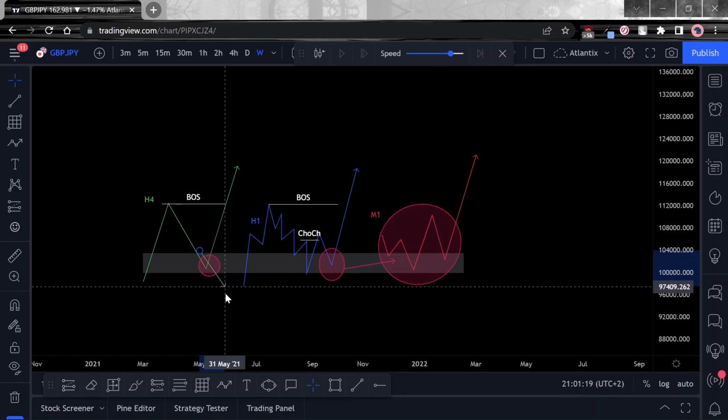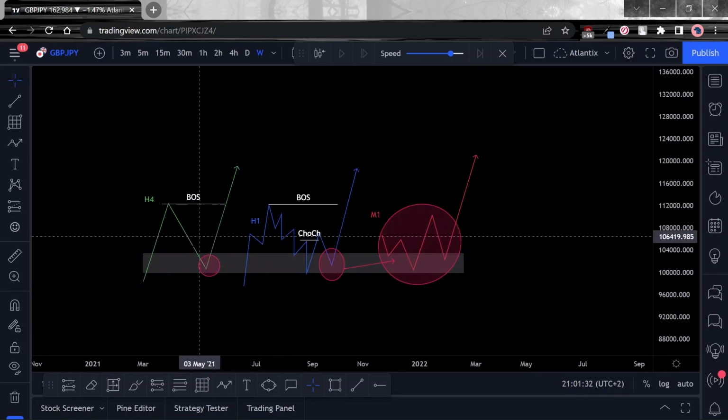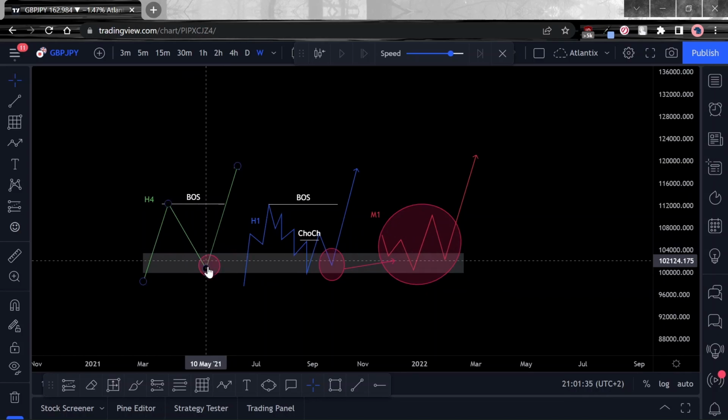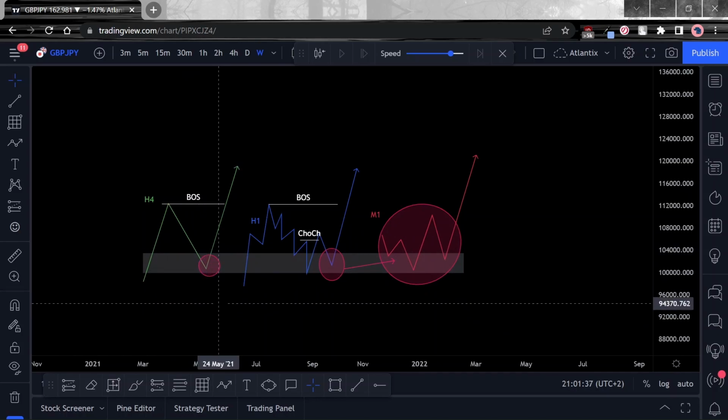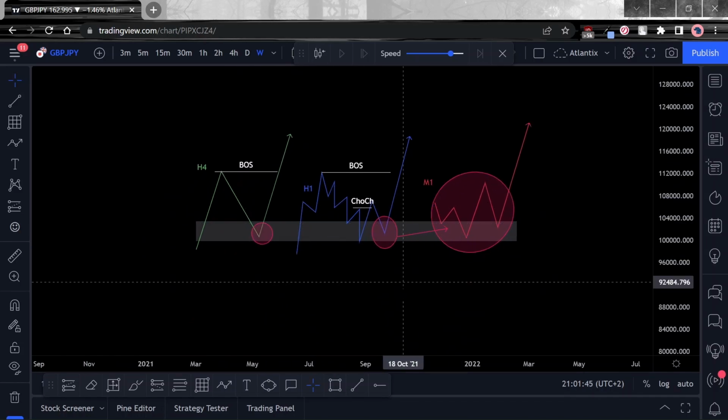So we know that the market is never wrong. The market is always right. So you don't need to try and fight the market. Just look for what the market structure is saying. As long as the market structure does not respect your demand zone, and it continues to give you a market structure that's bearish, just join the market until you get to the next area where you anticipate the change to take place. All right. So I hope this has been clear. This is what we're looking for.